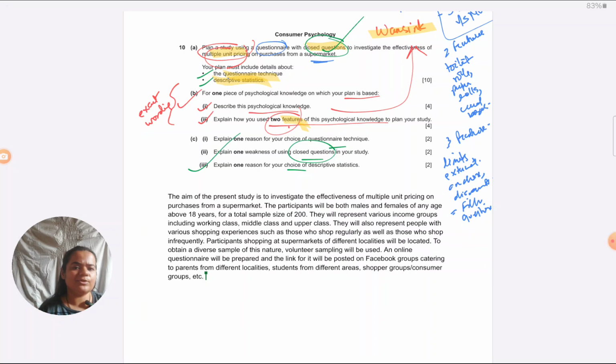Students, when they answer, for example, are typically infrequent shoppers, but parents are frequent shoppers. So then I'll have people with different shopping experiences also, which I'm also intending to have in my sample. So this way, by targeting many different social groups on Facebook, I can get many types of shoppers. So that's about sample and sampling technique, but it doesn't get completed here.